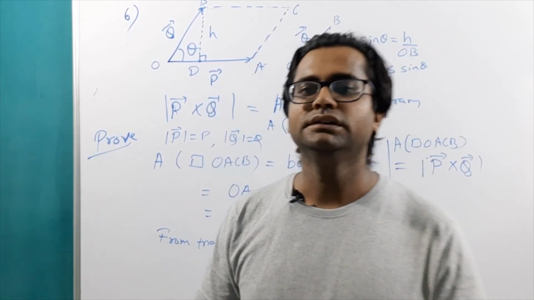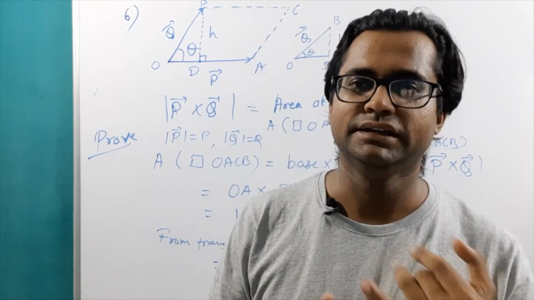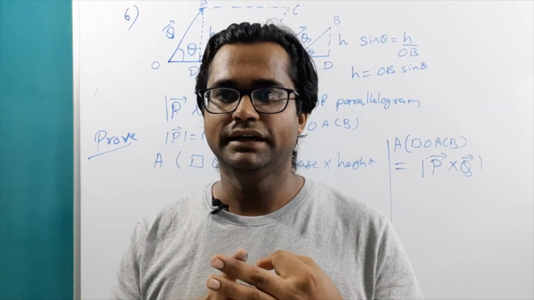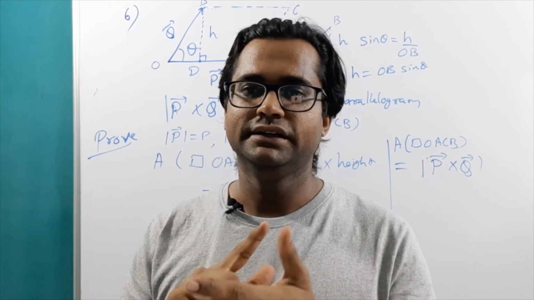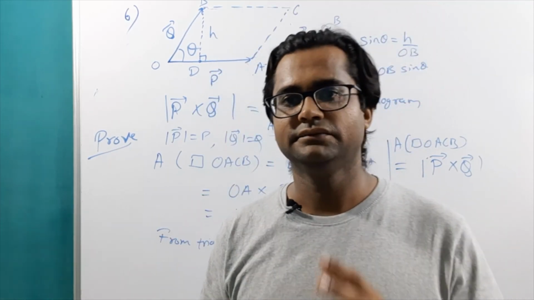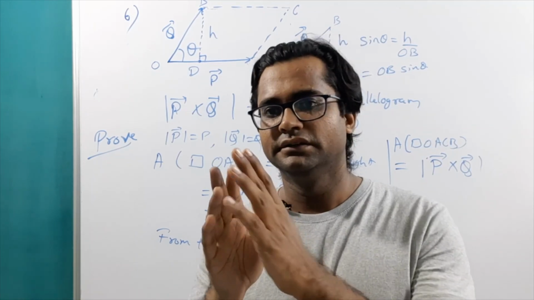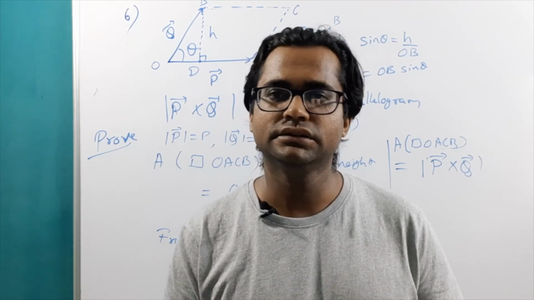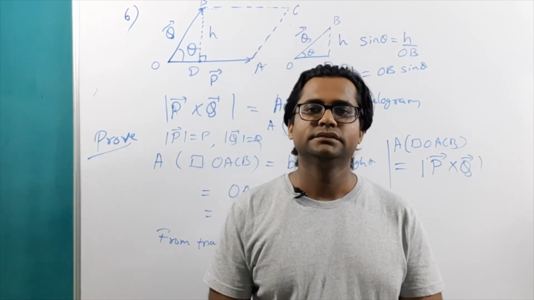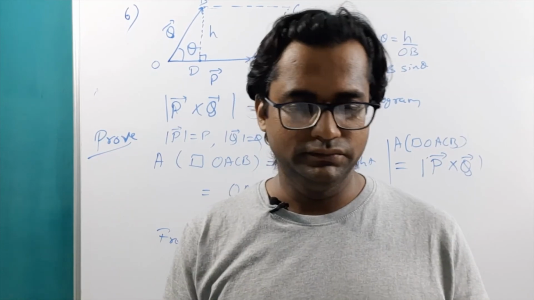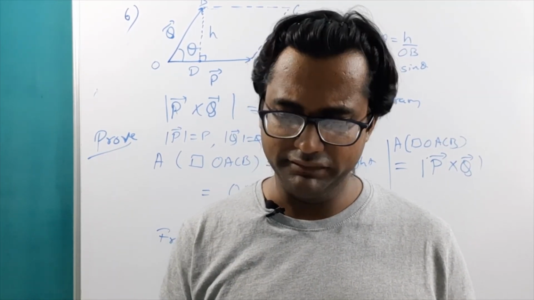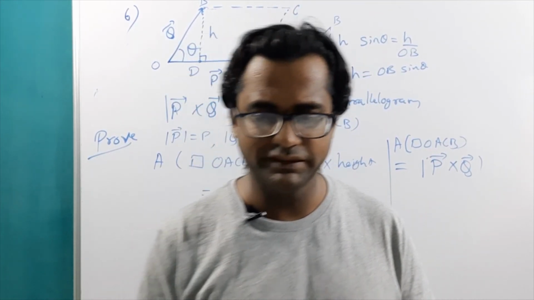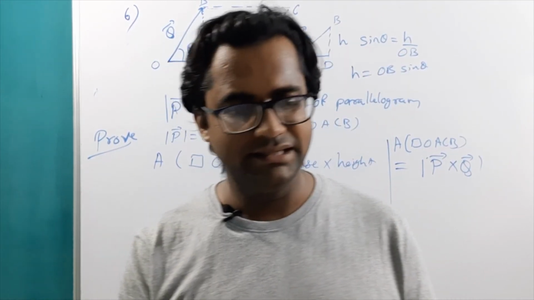We have covered all the properties of vectors. We have studied what vectors and scalars are, and then we have studied addition and subtraction. Then we have studied two kinds of multiplication of vectors. We have studied the resolution of vectors, how to split a single vector into a number of vectors. And then we have done lots of numericals here. And now you solve the exercise. If you have any kind of doubt, post it in the comment section. I'll provide you the solution of that particular problem.